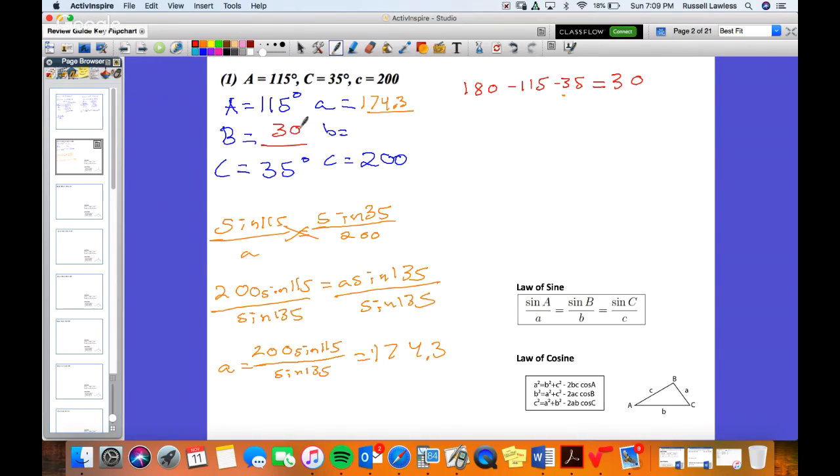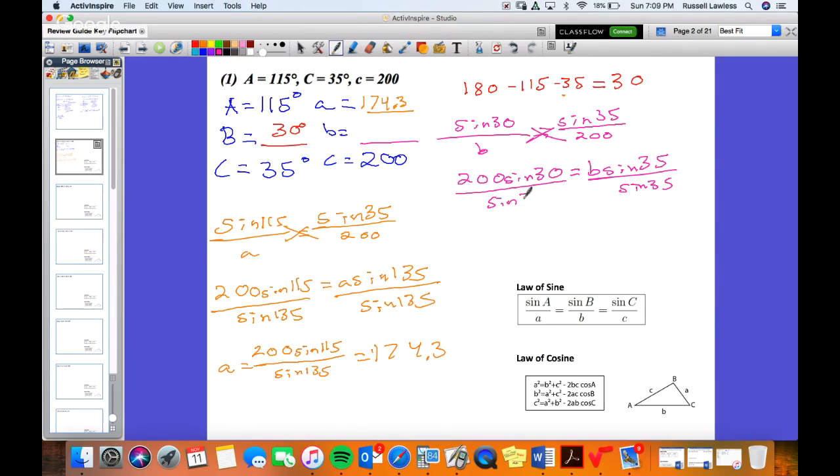And if 30 degrees is that missing angle, we're going to again use the law of sines to find this last side. To do that, we'll just do sine of 30 over B. I can use the complete set from A or C. I'm going to use the complete set from C because that was given to me, so in case I messed up in A, this won't come back to bite me. And so that's going to be B over sine of 35. So I'm going to divide both sides by this sine of 35, and that will then give me B equal to